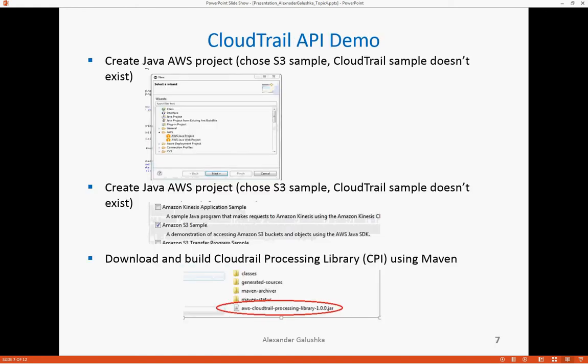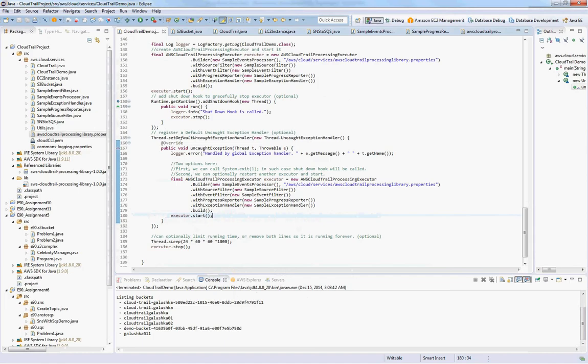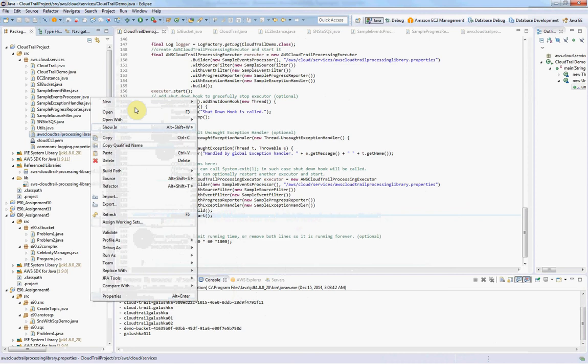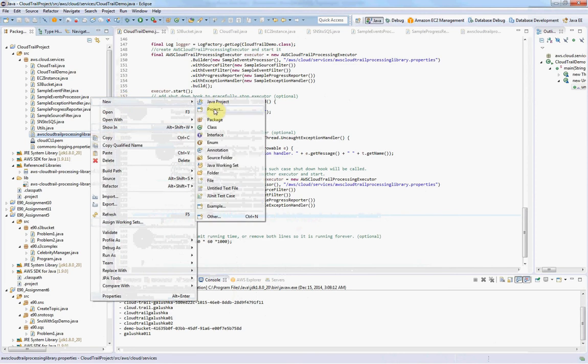So I would like to switch over to the demo, the CloudTrail API demo I put together. I've been doing this in Eclipse using Java, the language of my choice. So let me do a quick switch over. All right, and here we go. What I did is I started with a new project, and I'm going to show you quickly how I do it. You right-click